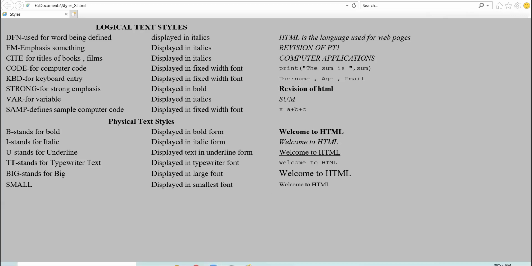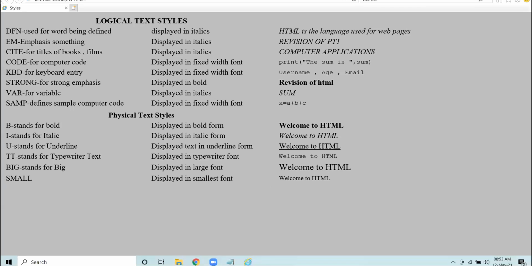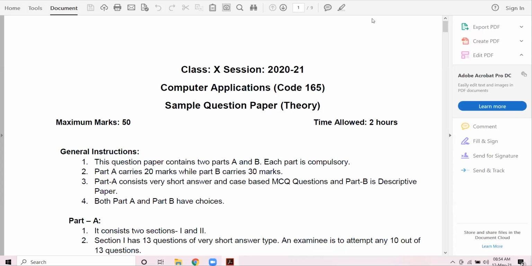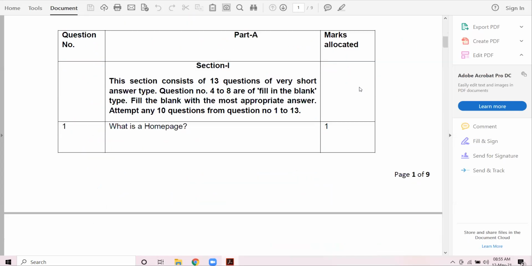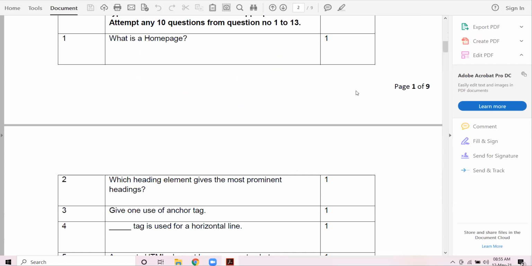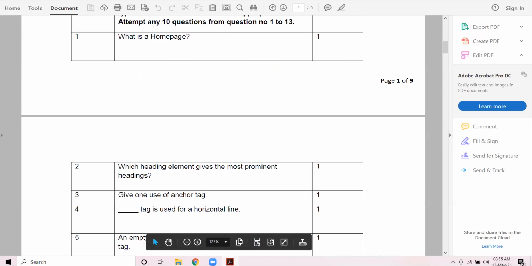Now let us discuss one more paper for your revision part. So let us revise this sample paper. Okay. We'll be revising the questions relevant with the PT1 syllabus, right? So I will name the child and the child will unmute himself or herself. Okay. But be attentive. Which heading element gives the most prominent headings? Devita, unmute yourself.